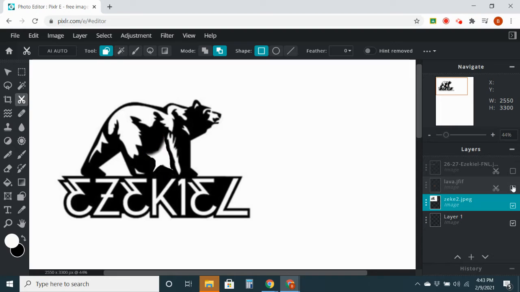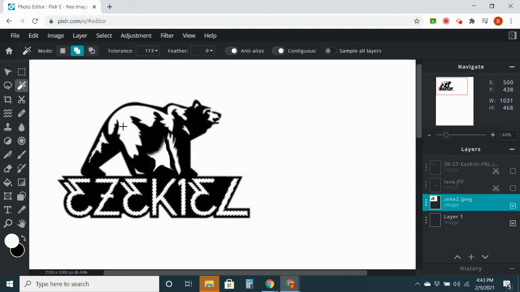So I'm going to go to this layer. I'll turn it off so you can actually see what I'm trying to do here. I'm going to work on this layer. I'm going to go to my magic wand tool, and I'm going to make the tolerance high. And I'm going to click, shift-click, click, click, click, click. All right, this is the stuff we already had. Now I'm going to add some of this stuff up here. Click, click,